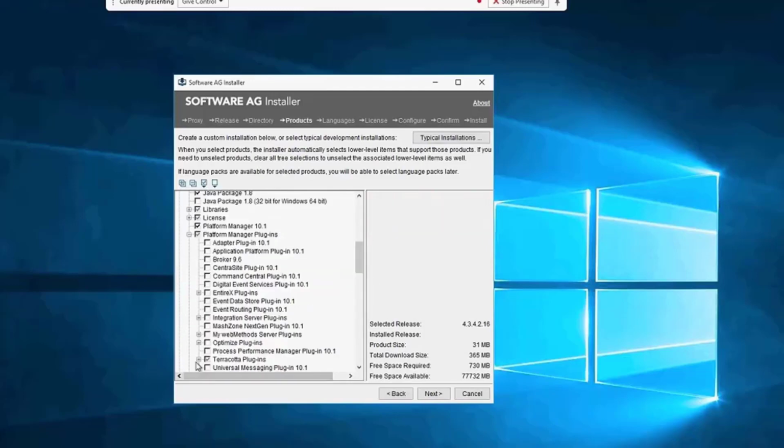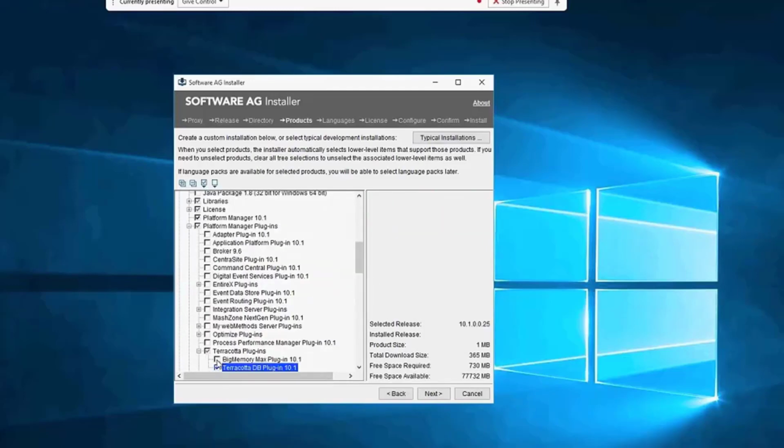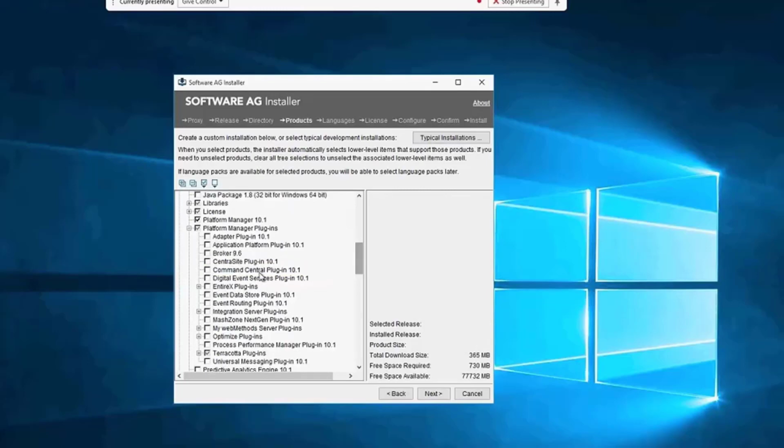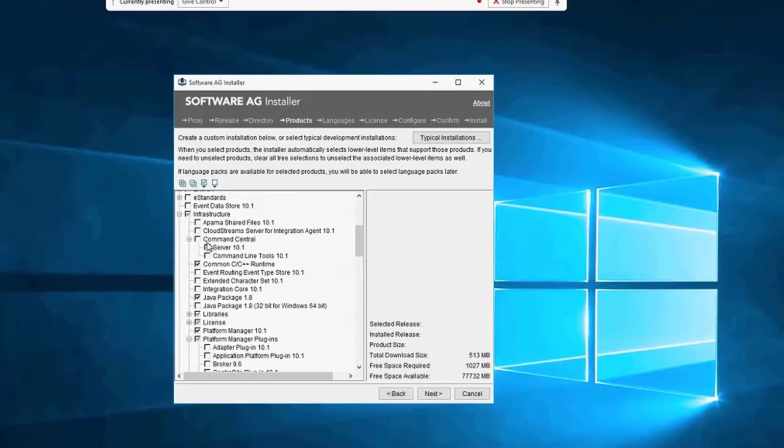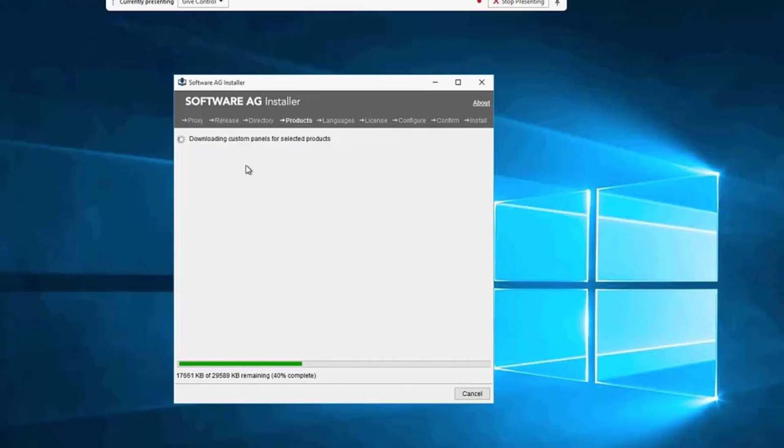Then I'm going to go ahead and show you another component where Terracotta DB has your platform manager plugins. These are the libraries which are being installed on your SPM for your command central and lets you monitor the life cycle of Terracotta DB servers through command central. So I selected that. I showed you that you can actually go ahead and select Command Central and the plugin for the Command Central, the SPM plugin. Click Next and you will see that